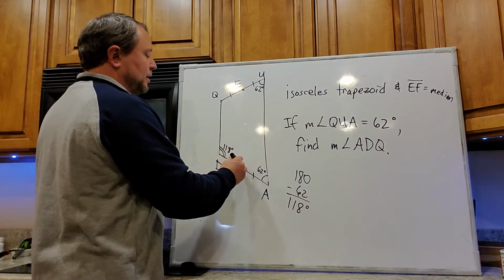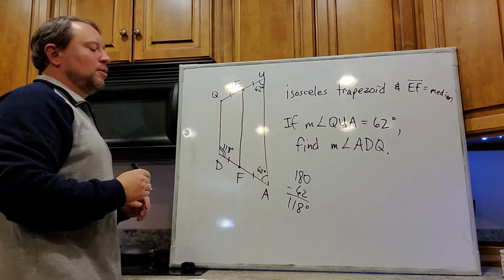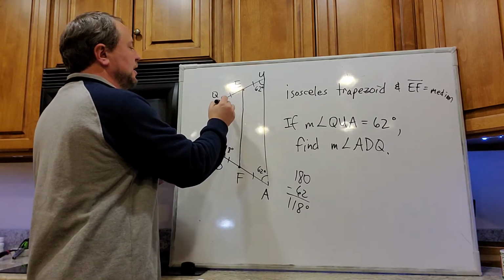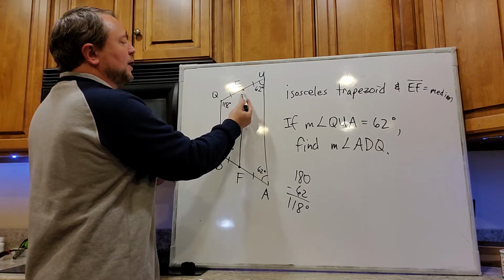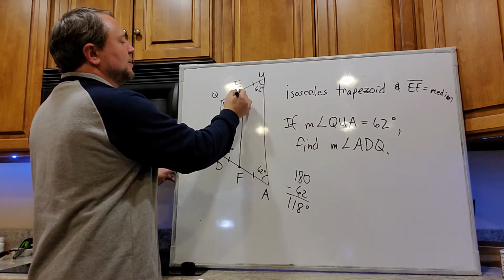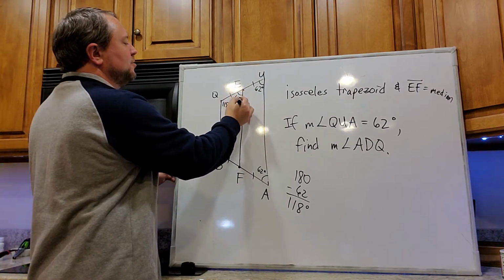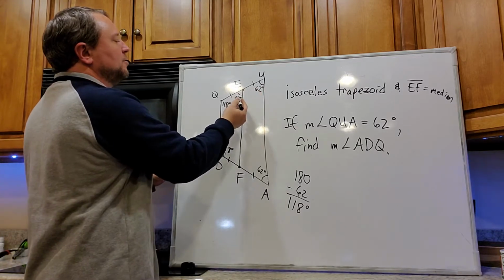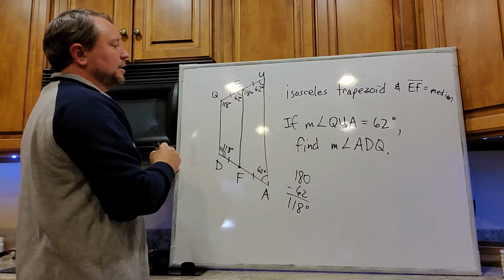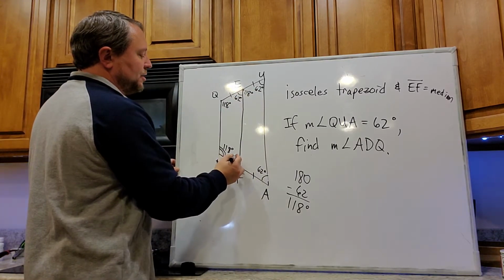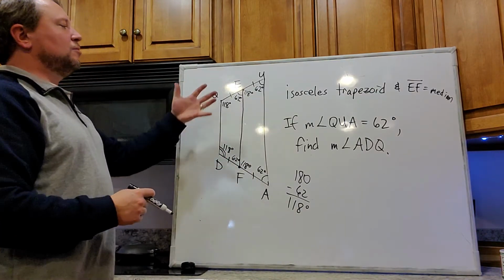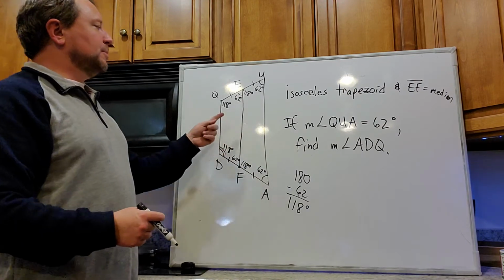Okay, not only is that 118, but you could actually go on and find all kinds of angles in this picture. This would be another matching 118 then over here. We could even find the angles on either side of this median. You know, this 62 means that this right here should be a matching 62 because those are corresponding angles. And this 118 corresponds with this angle. So that's 118. You know, 62 here, 62 there. 118 here, 118 there. So every angle up here is going to be one of two measurements, either the 62